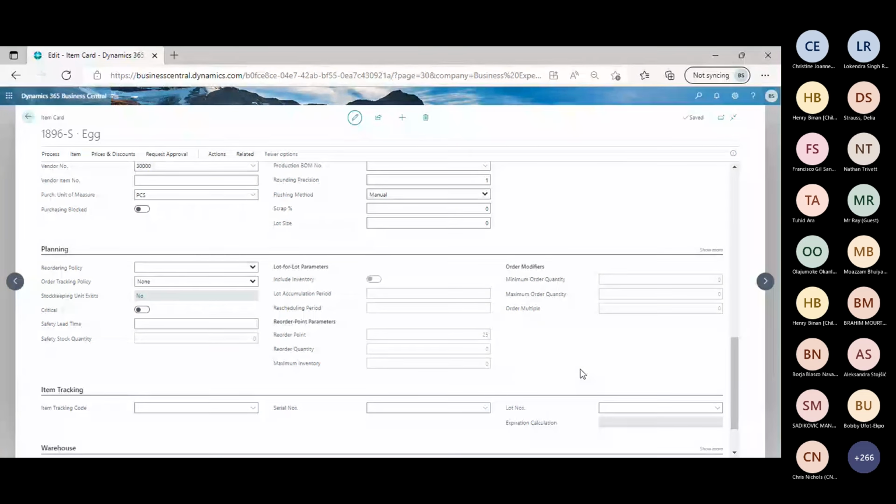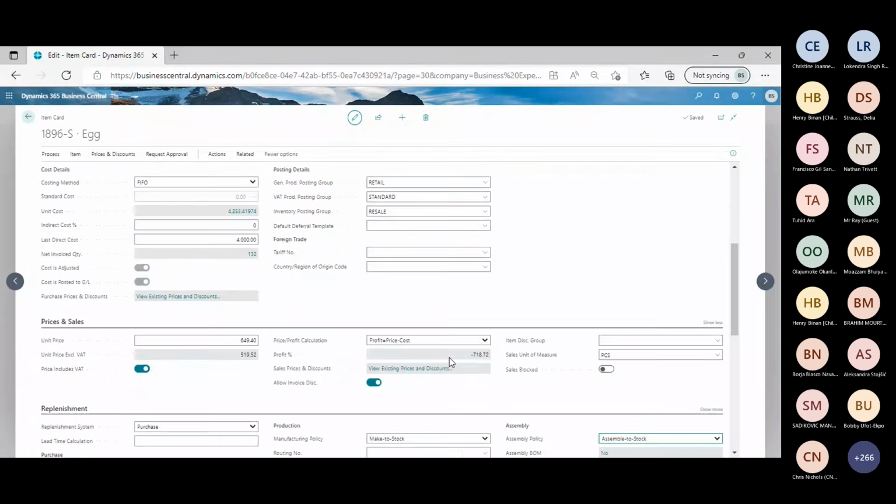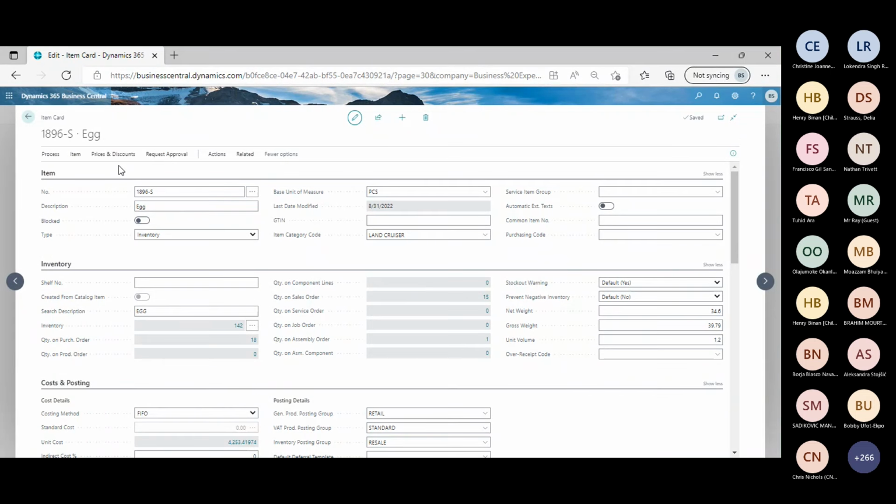What is the lot? How much quantity is available in that particular lot? How many entries are available? And what is the expiry date? How many serial numbers are available for each lot? You can handle it at a minute level of interaction, minute level of item tracking inside Business Central. So this is how we will manage inventory, and in further sessions you will receive more and more information on